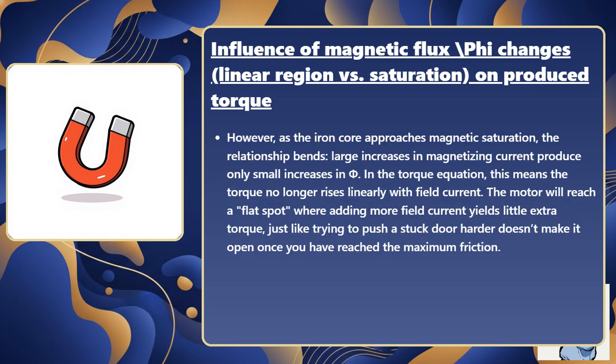However, as the iron core approaches magnetic saturation, the relationship bends. Large increases in magnetizing current produce only small increases in phi. In the torque equation, this means the torque no longer rises linearly with field current. The motor will reach a flat spot where adding more field current yields little extra torque. Just like trying to push a stuck door harder does not make it open once you have reached the maximum